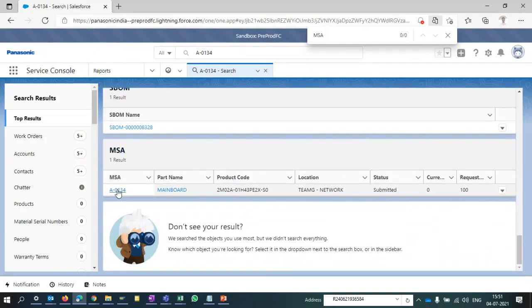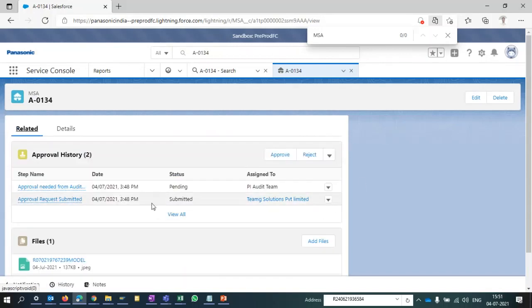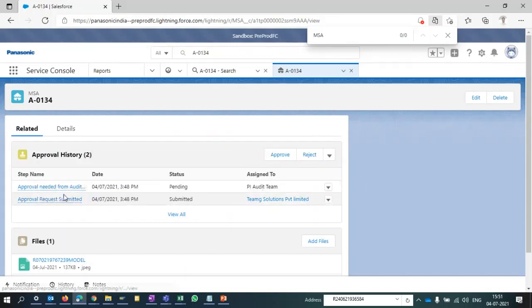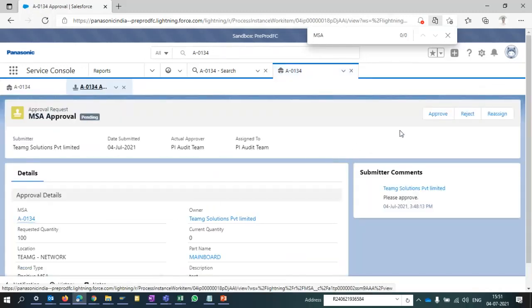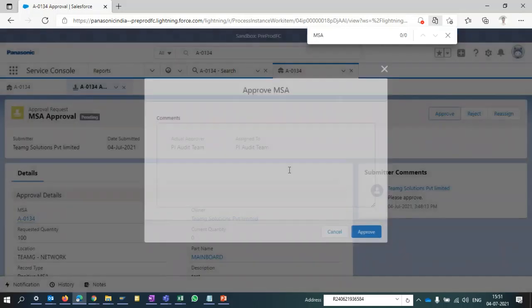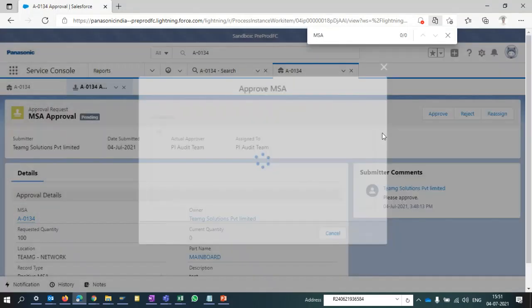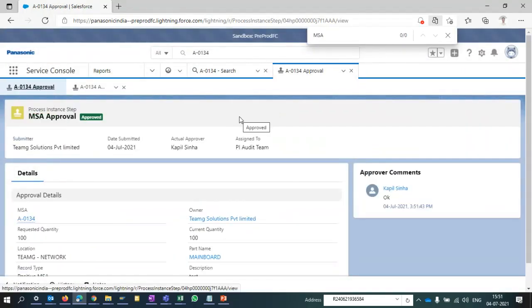Okay, so MSA is here. I'm just opening this one. So in related, let's go for the approval history. Approval leads from approval. Okay, let's open this. Right, so approval was done.